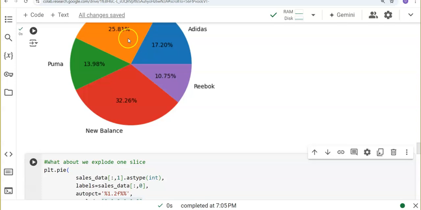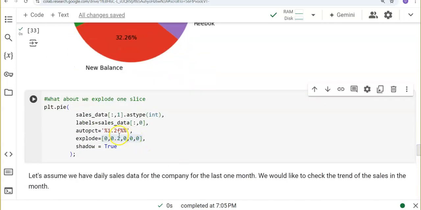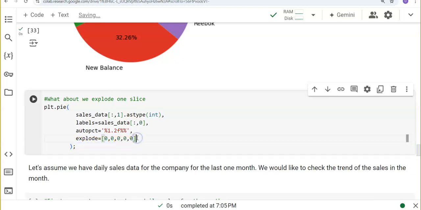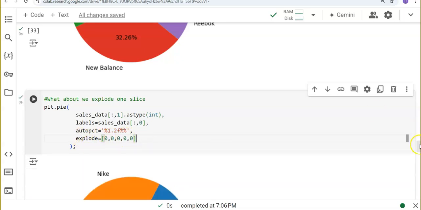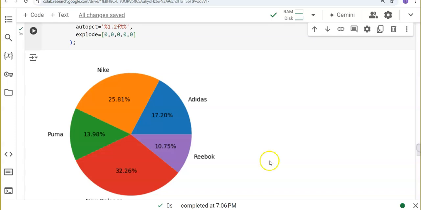So we have 1, 2, 3, 4, 5 slices here. Each slice is represented by a number, which is 0. So we have 1, 2, 3, 4, 5 zeros. If we are to run this one, we can see that our chart is as before, because we've said each